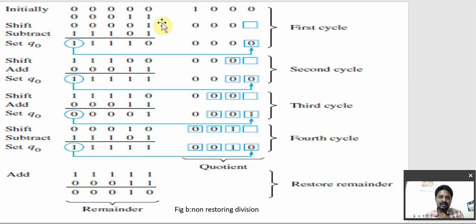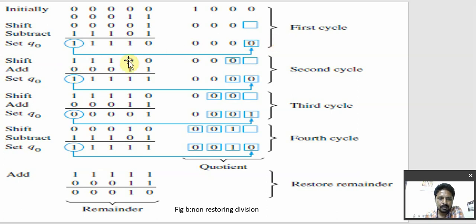So first, based on the operation on A being 0, what we want to perform is a shift left. We want to shift the bits to the left. Whenever you shift the bits to the left, this bit will come to here and this bit will come to here, and we get one bit. After that, subtract the M value. Whenever you subtract the M value, we will get this value, q naught 11110. After that, take this value as 0.